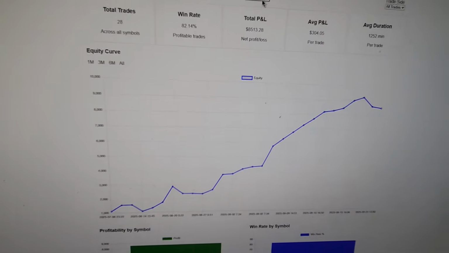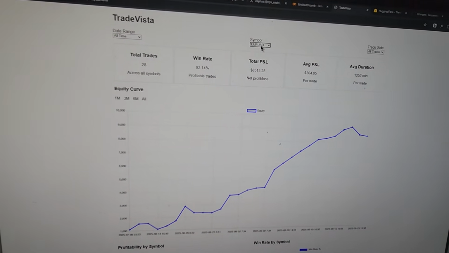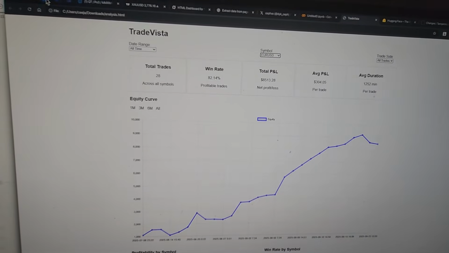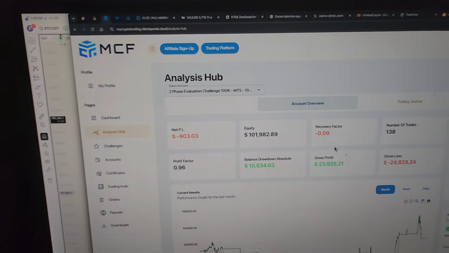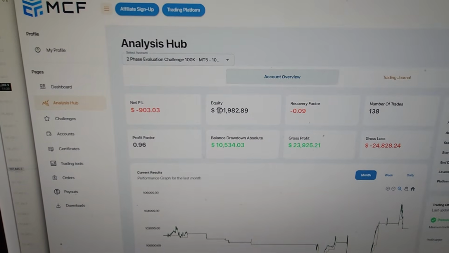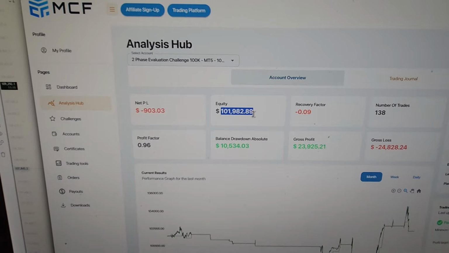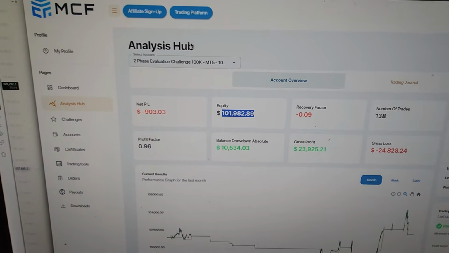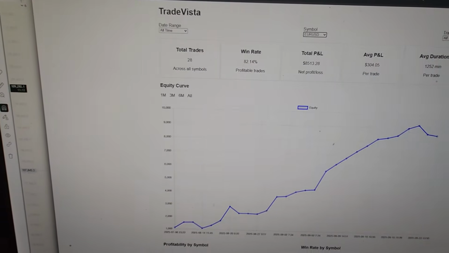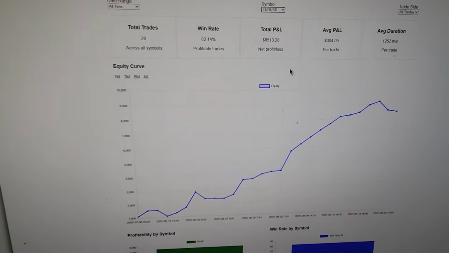I wanted to make this video on my phone so you can see that I'm not doctoring the website or anything. I'm not changing up the thing, because I couldn't get the data out of this website. You can see that the data corroborates the equity, the current equity of the account. How do I even explain this? It's so complicated. That's why I just want to pass the phase 1, because it's an evaluation account.